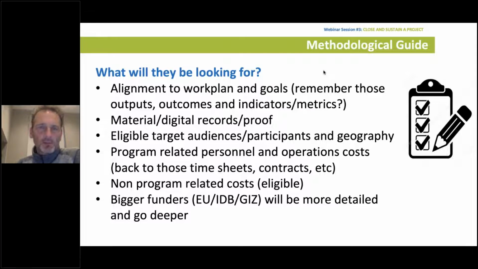Horizon grants. We just received 3 different versions of some Horizon grants, and the EU has very different reporting requirements than, say, a general private funder or a small foundation or something like that. So making sure that you really make sure the difference between the program and non-program costs in your indirect versus direct. And I think it goes without saying, but those big funders are going to have much more detailed requirements